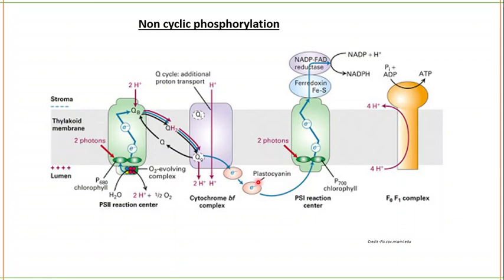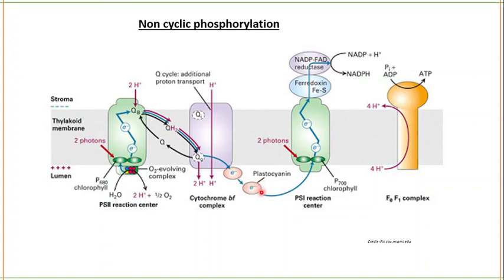Okay, whatever molecules are present in the membrane are not water soluble, because we know that it is the hydrophobic region, and whatever molecules are present toward the stroma or outside the membrane are water soluble. Okay, this is lumen, not stroma. This is lumen. Plastocyanin is present toward lumen. So toward stroma and toward lumen, whatever molecules are present are hydrophilic, and in the membrane hydrophobic molecules are there. Now this plastocyanin is a water-soluble protein.